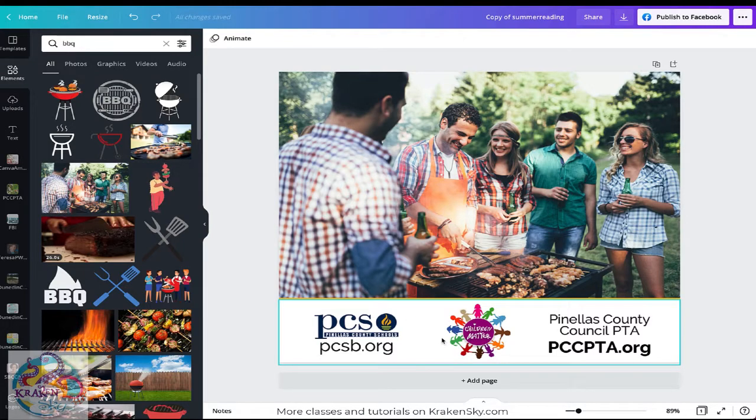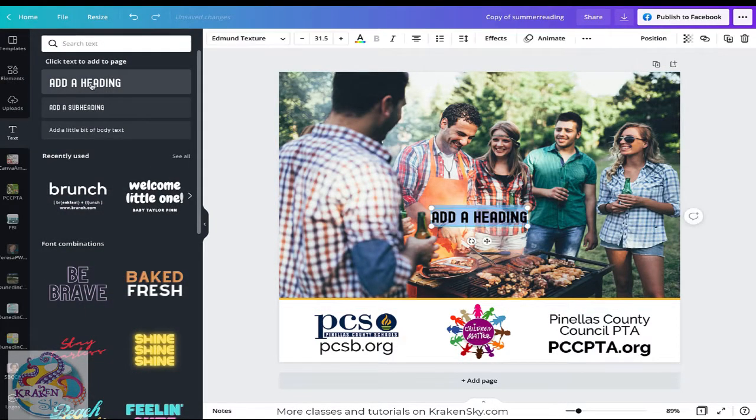And if you've never used the position bars, it just sends the images backwards and forwards so that you can see them better. And that is when you click on something, you'll see this position right here. So that's going to be my image. We're going to write something like "barbecue this